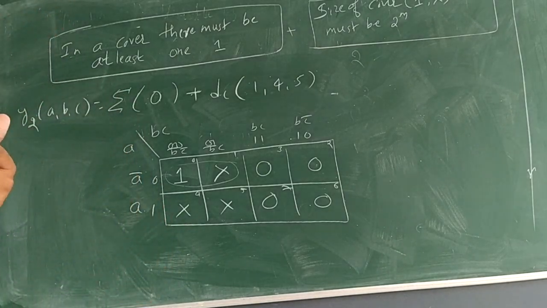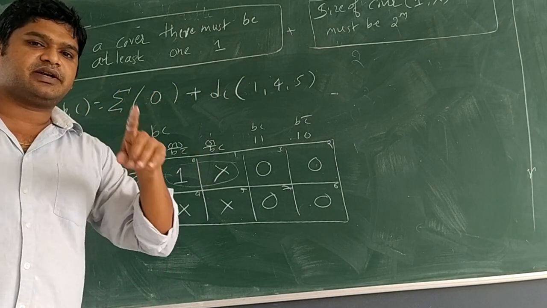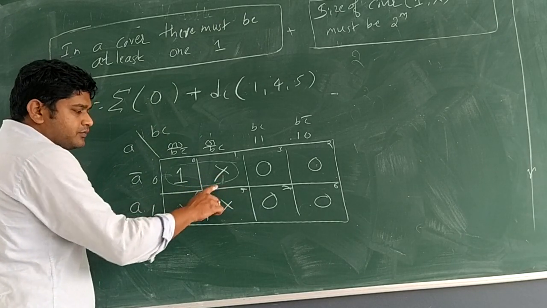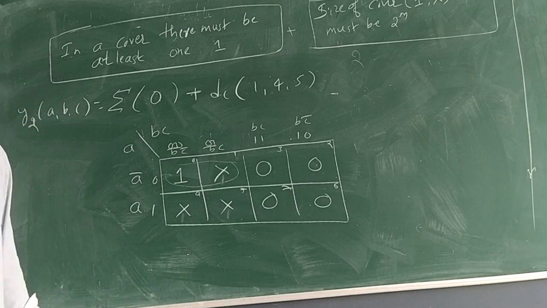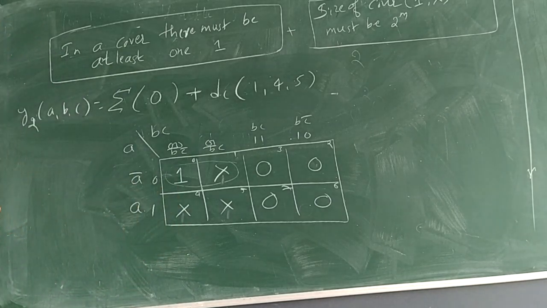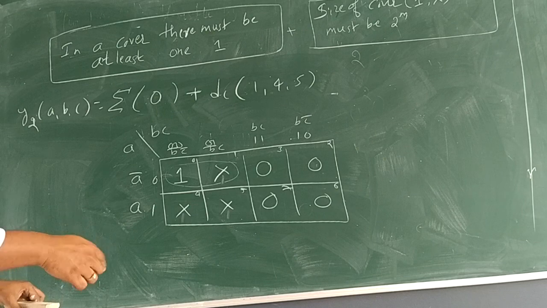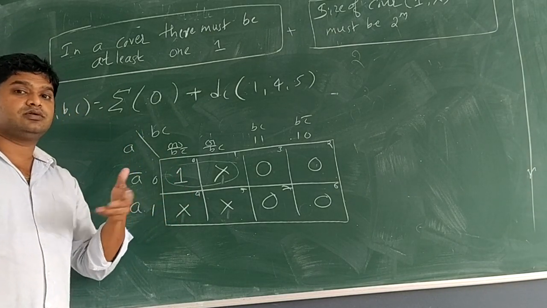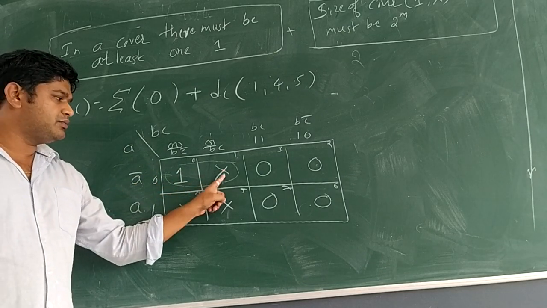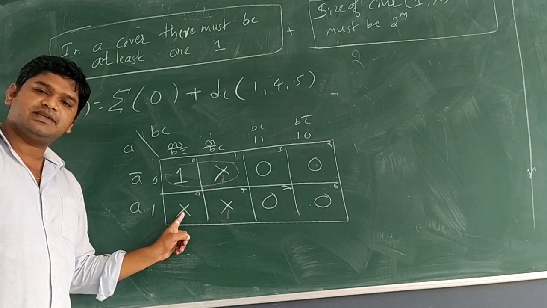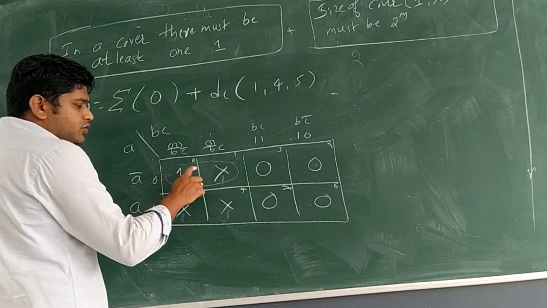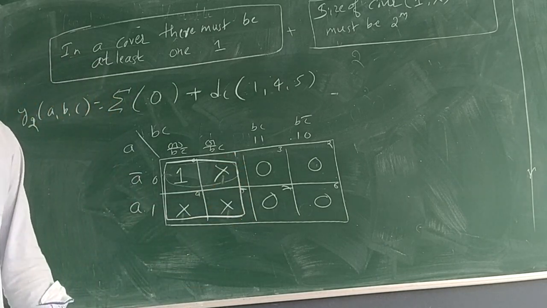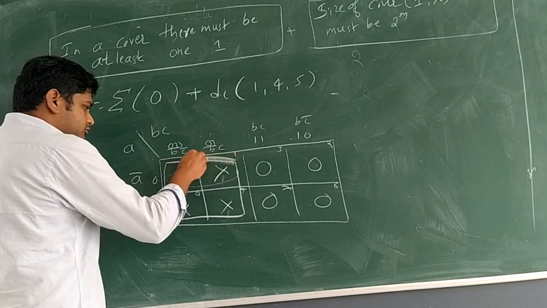But what is the general tendency? We can consider it as 1 for our expansion of the function. So here if I assume 1, 1, 1, because it is a don't care, I can assume either 0 or 1. Here I will assume 1. So what will be your observation? This one is fixed. We cannot assume our own meaning. This X can be 1, this X can be 1, this X can be 1. That time what happens? 1, 1, 1, 1. So consider like this. The cover will be like this.